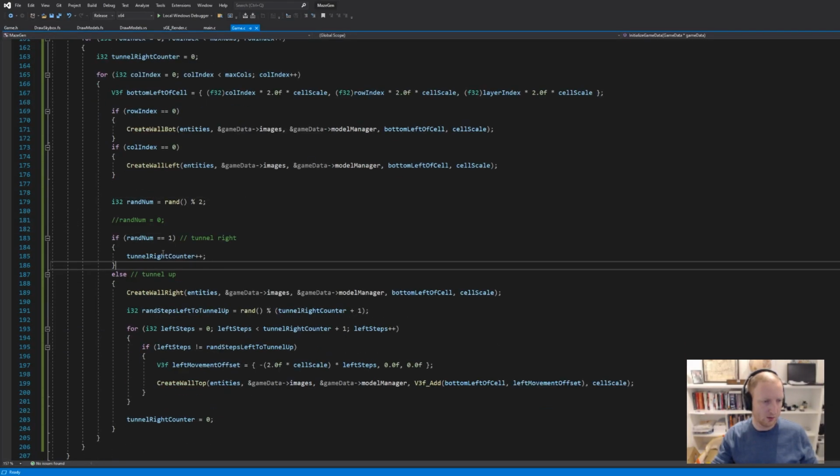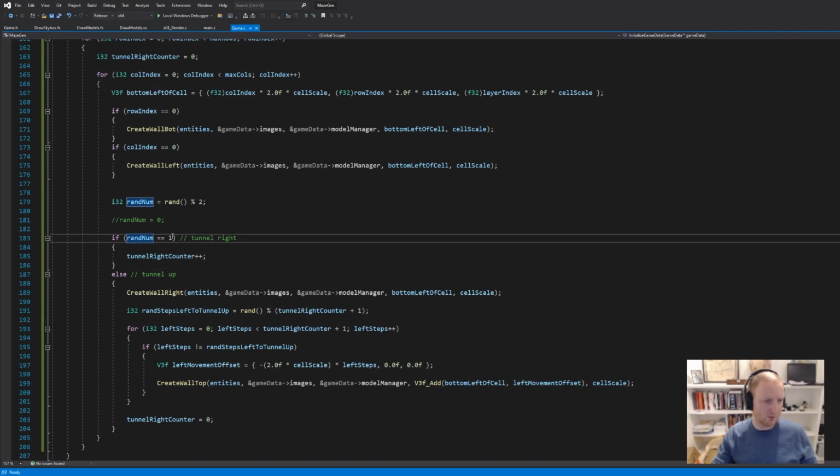So it looks like we've generated the first row. Now the issue is it's hard to see for sure what's happening on the extreme right hand side. When you're on the last cell, you must always tunnel up. There's no option there. You can't tunnel to the right and tunnel outside the maze. So we haven't added in that stipulation. So this should be if random number is equal to 1